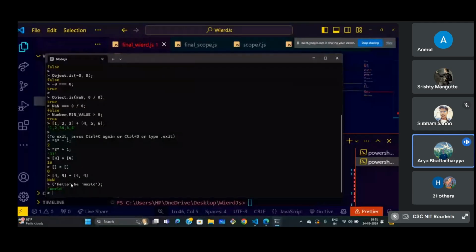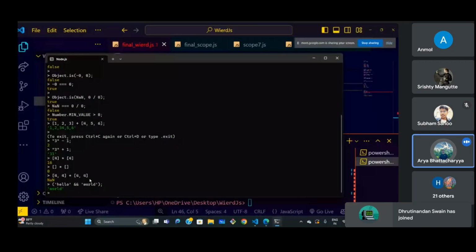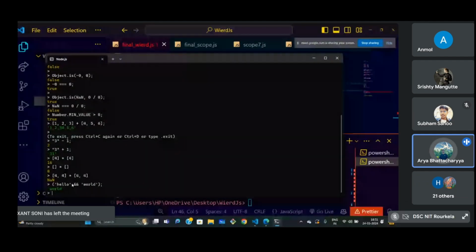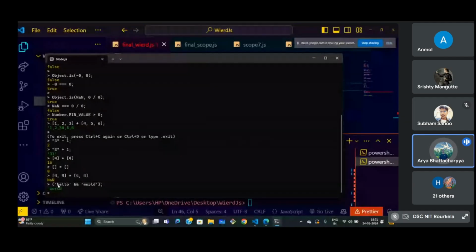If I'm dynamically initializing hello as null, so hello does not exist, the answer would be null. So this is something called short circuiting, जहाँ पे हम लोग क्या करते हैं, we try to print on the console the second argument, because हमें पता है कि hello exist करता है, and when hello exists it would always return the second argument. If hello does not exist, then it would return the first argument, which is again hello, which is null. तब null आएगा. So either it will return null या फिर second argument return करेगा. So by coercion we are forcing it to return the second argument, which is something called short circuiting. So yeah, that is world, correct?